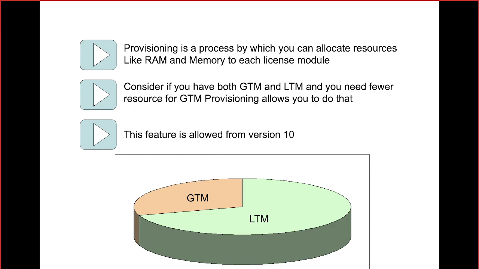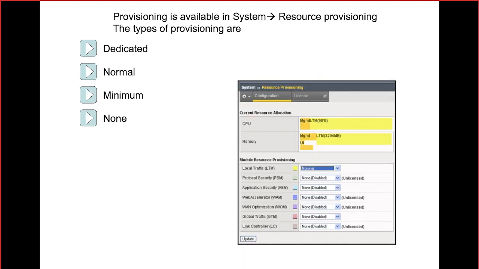Yeah, so you can see this is how the resource provisioning works. You remember, I don't need to take much time on this so that we can move on to the next topic. You remember this portion? Nominal, dedicated, minimum, and also the so-called none. That means even though the product has been licensed, we are not planning to allocate any resources, which means I'm not going to be using that module at all. That's the logic behind system provisioning.